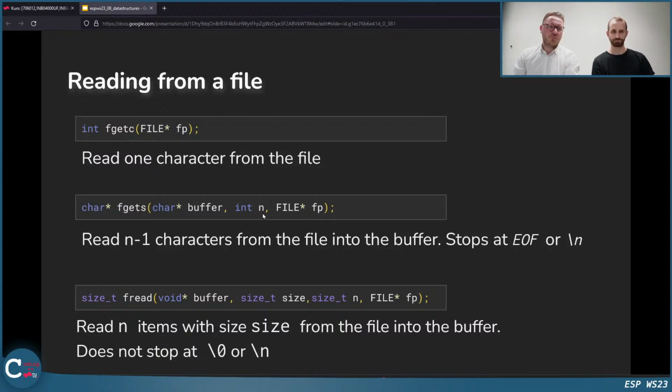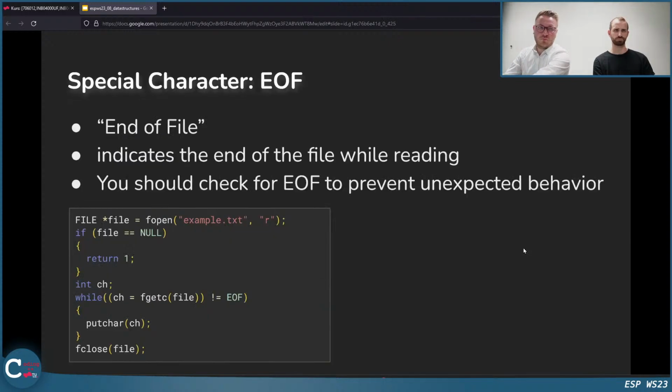And fread reads n items with the size of size, depending on the parameters you give, from a file into a specific buffer. This does not stop at a null byte or the new line. So if you want to read one line, fgets will do the trick, because it reads until the new line or EOF.